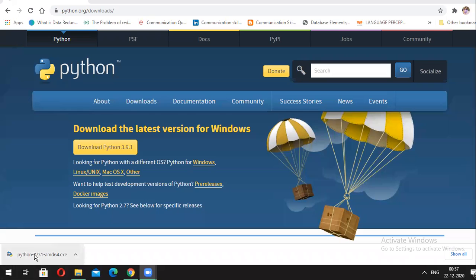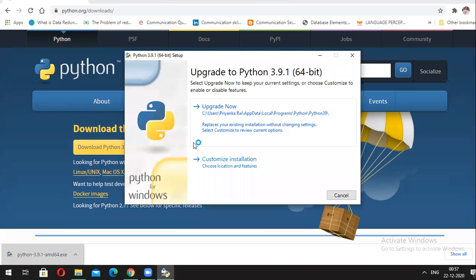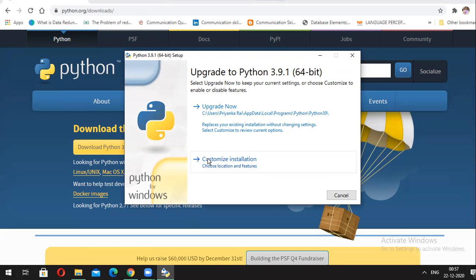Now you can see this exe file is downloaded here. When the process is completed, click on this. When you click on this, a page will open. Because I have already installed Python in my computer, that is why it is asking me to upgrade Python. But if you don't already have Python in your computer, then in this dialog